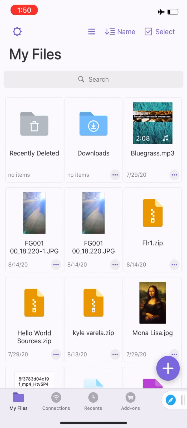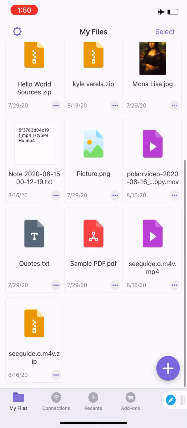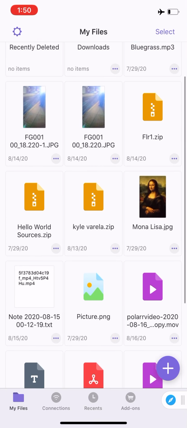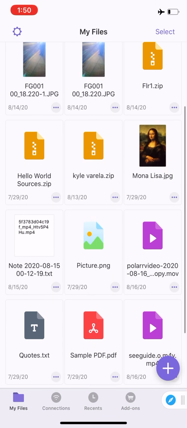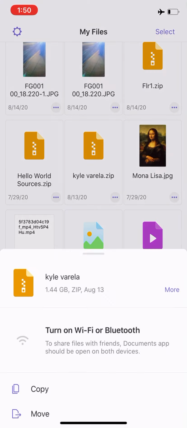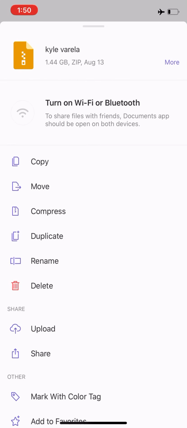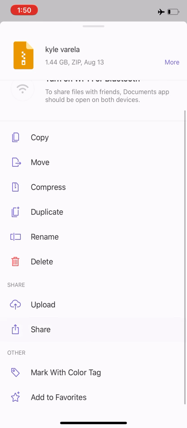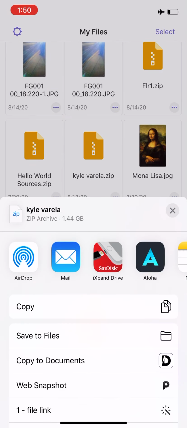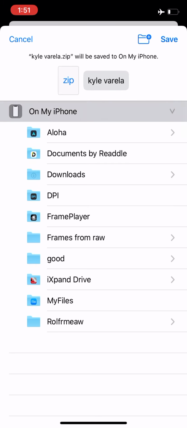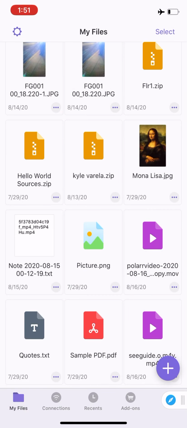So I have a few 1.3 gig files in here or more, depending on the size and if there are files. I believe the zip file right here is, yeah. Let's copy that, or let's share it and save it on my files. Save to files. kylevarela.zip. Now,